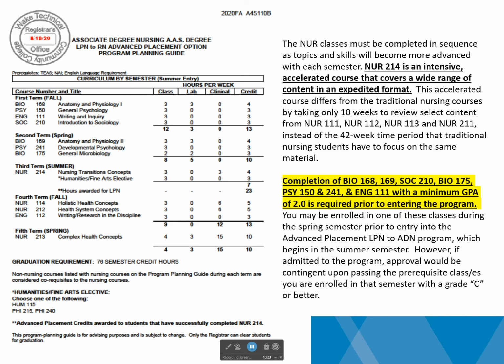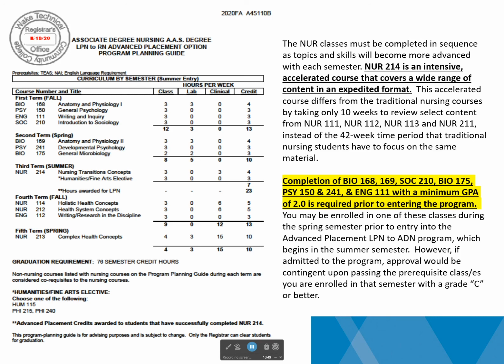The third term is where Nursing 214 happens, and that is the first nursing class that, if you're accepted, you would begin. And that transition class is very intensive. It covers 4 other nursing courses, Nursing 111, 112, 113, and 211, all in one semester. So that's a very